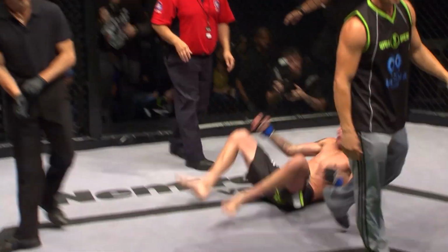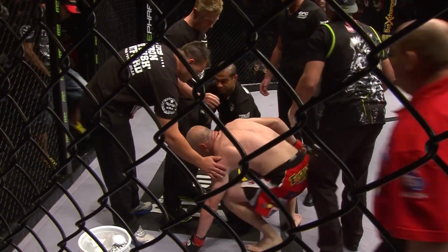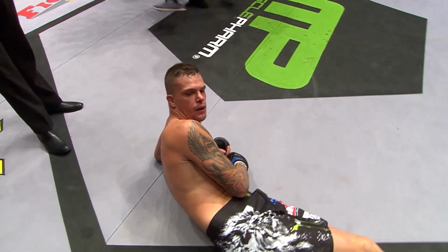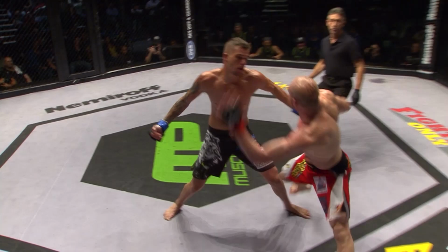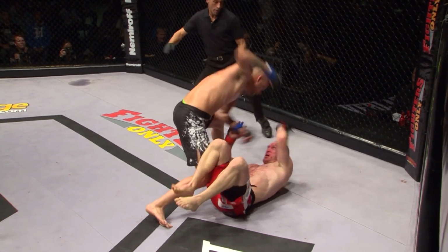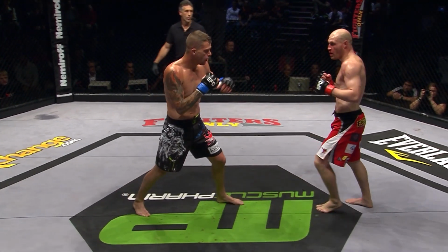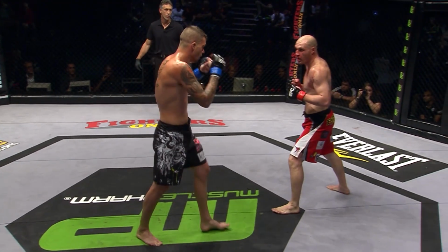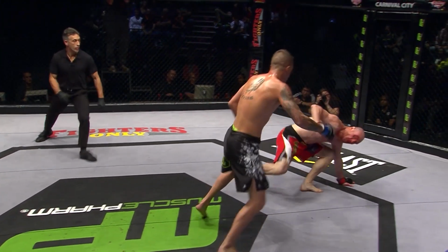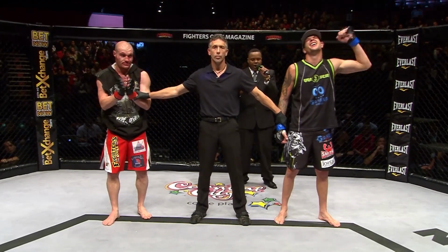Big right hand landed by Bagattin. I think that was a little bit overeager by the referee. But still, he was hurt and he was in a dangerous spot. Bagattin enjoys his victory. Well, it was an initial right, and then from there, Rightford was on his back. See two shots, and almost, the referee was very close. If Rightford's eyes rolled back in his head, he would have been in the perfect position to see it, but it looked like that might have been a bit premature. That right hand, though, that is the one that took away Rightford's legs. Declaring the winner by